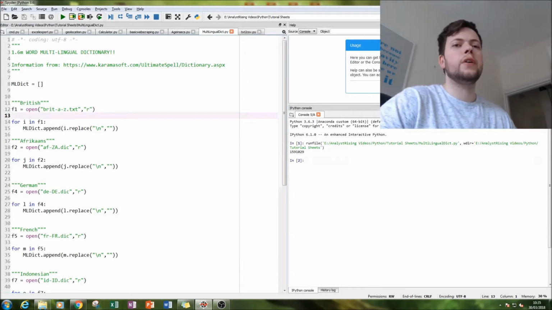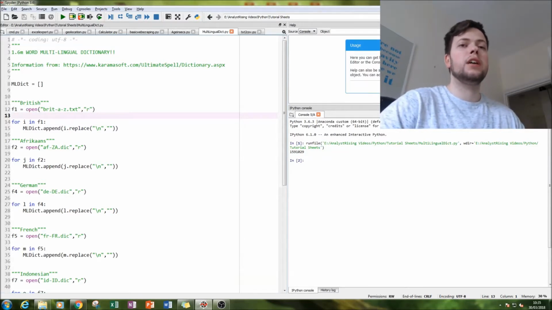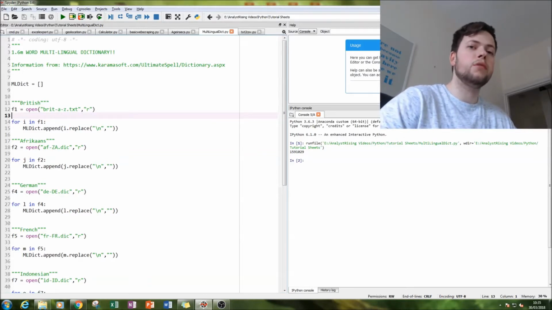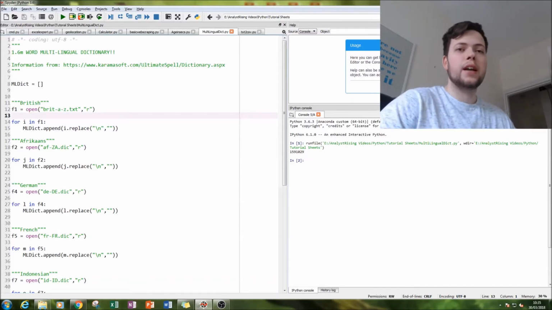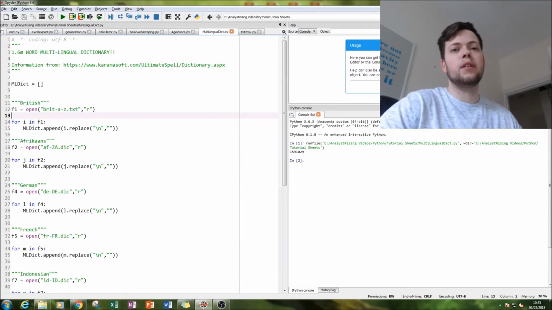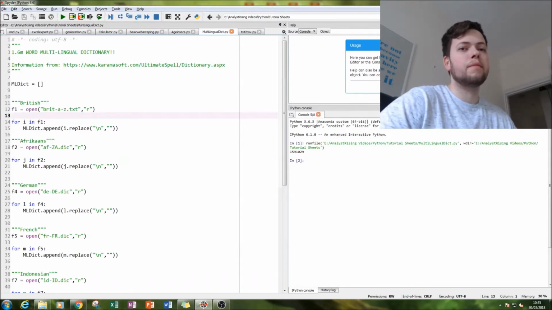Today I'll be showing you how to create a 1.6 million word multilingual dictionary. The first thing we're going to do is I'm going to show you how to get the information. So we're going to be using dictionary files which I downloaded from a really great website, mostly made up of TXT files. Secondly, I'm going to show you how to import those and read those into Python. And then the third thing I'm going to do is export it back all together into a single file, ready